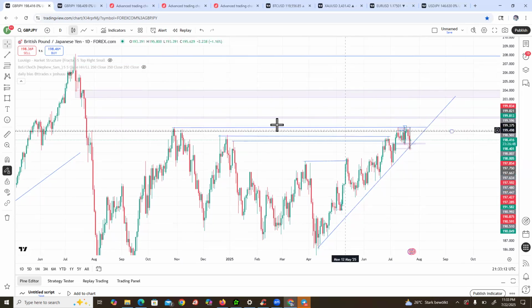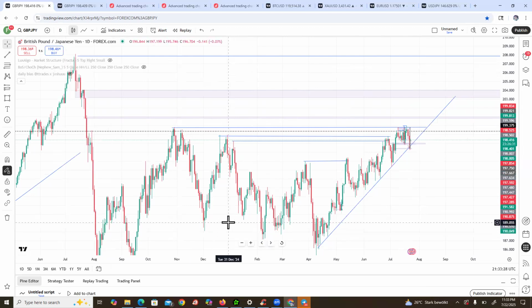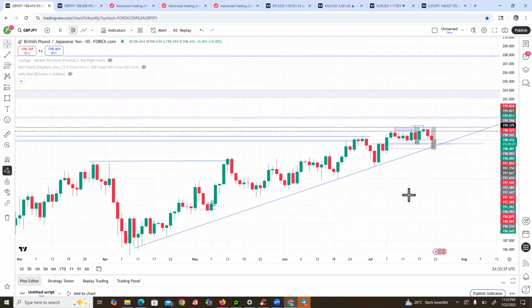So now, since we know that this is where the market will get to before coming down, we pay attention to that point. So we go to our 4 hours time frame. Now you can call this your bias. You can look at this and call it your bias. This is your daily bias. From here now, because this is where the market is currently. From last week, when we analyzed this,